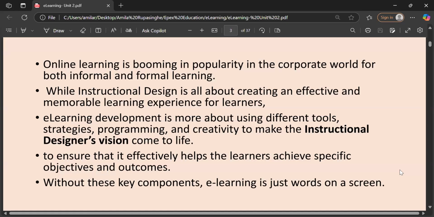There are lots of key components in e-learning. Now you all have to look at the screen here. There are words on the screen. It is not the usual way.